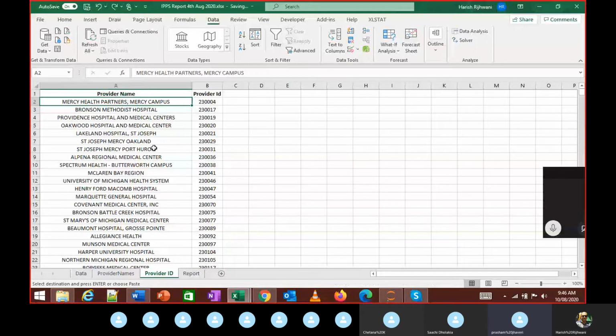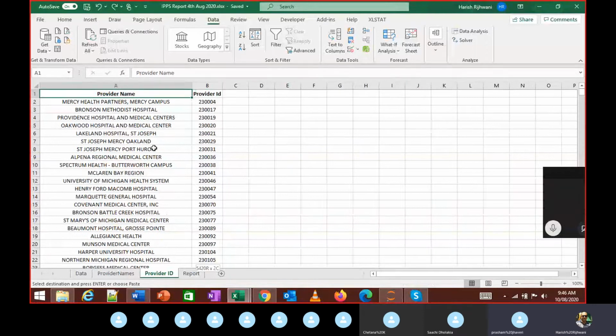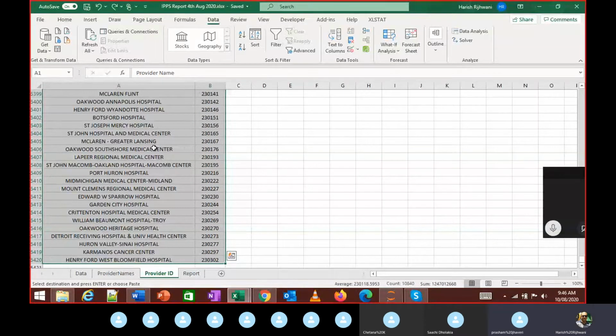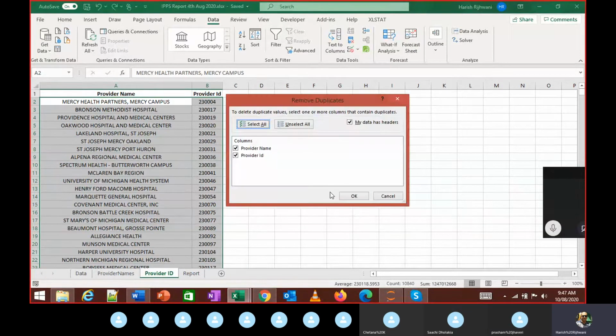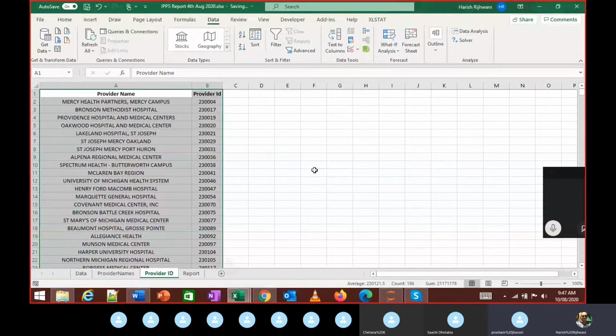For every provider name, the ID is going to be the same. It's like your student ID or your roll number in college, right? It's unique for that particular year. And I believe in the roll number you also have a year, if I'm not mistaken. Yes, so it becomes unique across. So I have this information now.